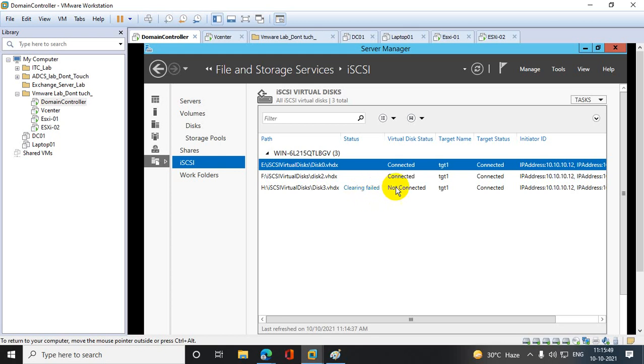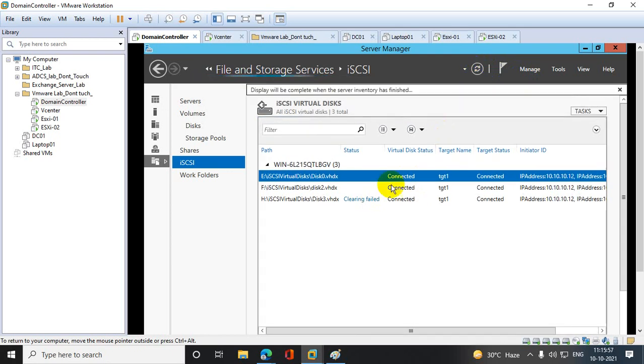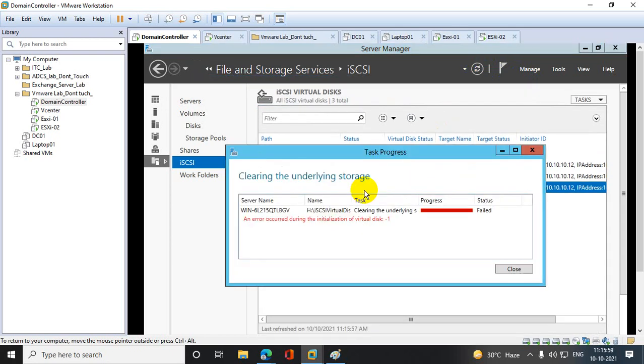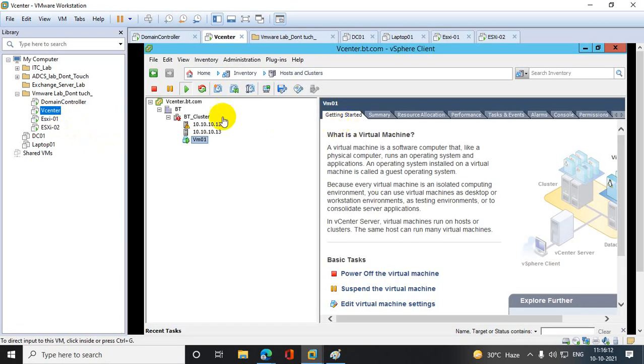Clearing failed, not connected. Clearing underlying failed. Yes, now it is connected. Okay. Now once it is connected, you can get this into your vCenter space. If you go to your home,